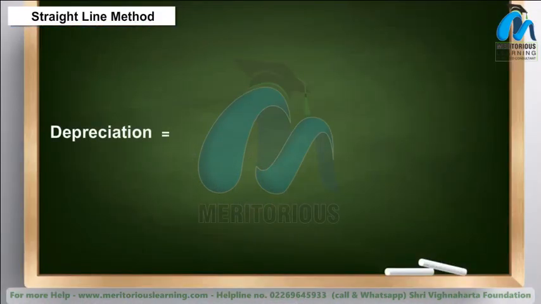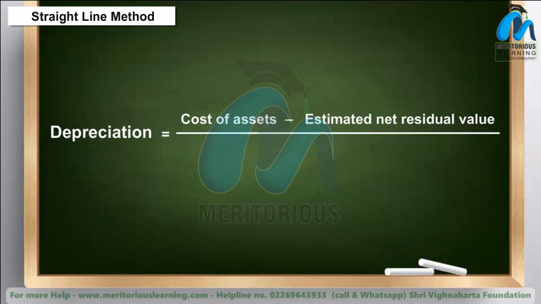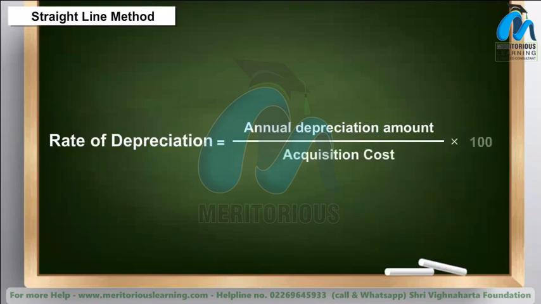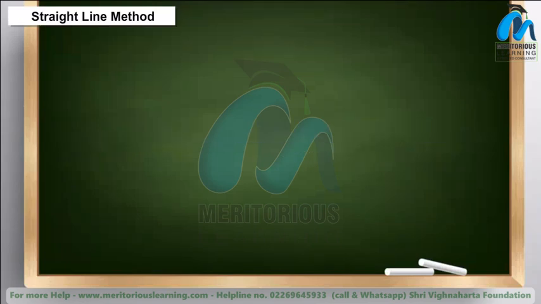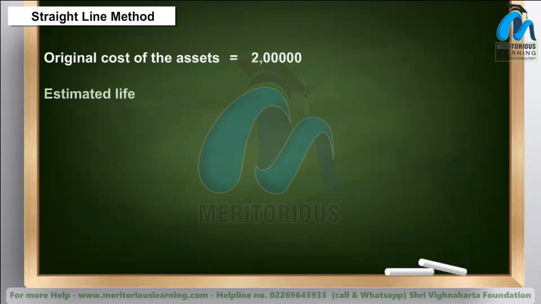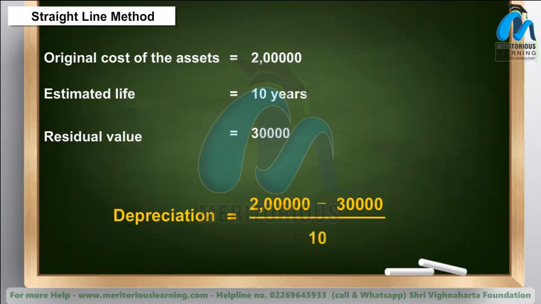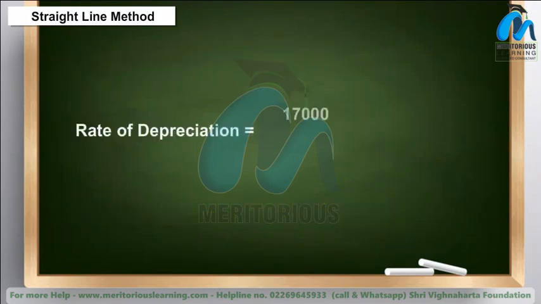Formula to calculate depreciation under this method is, formula to calculate rate of depreciation is, let us take an example. Suppose the original cost of the asset is 2 lakh and estimated life is 10 years. The residual value is estimated to be 30,000. The depreciation would be calculated as, rate of depreciation would be